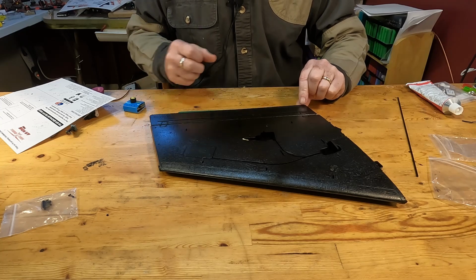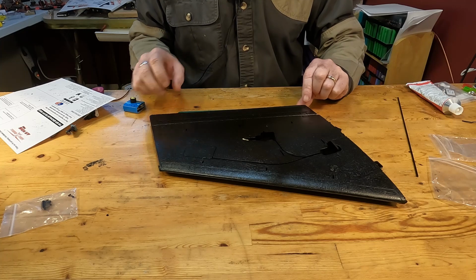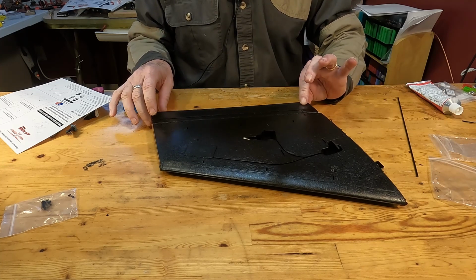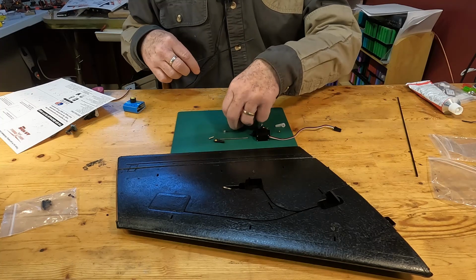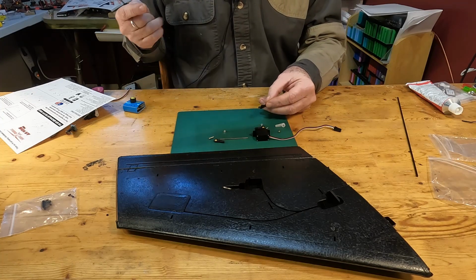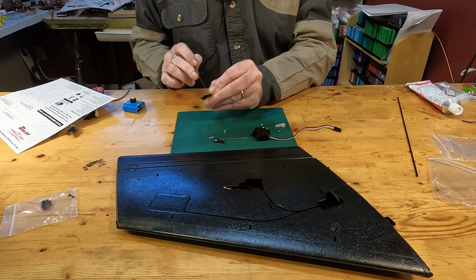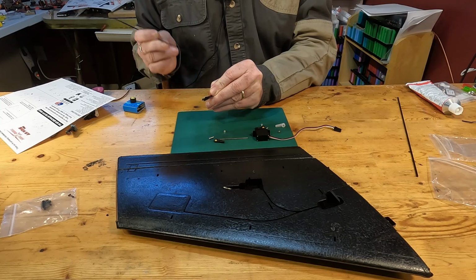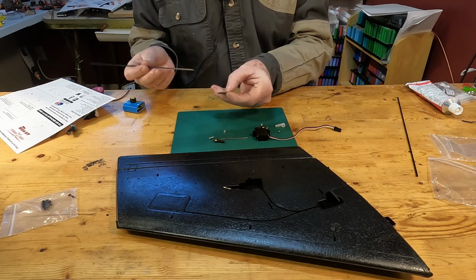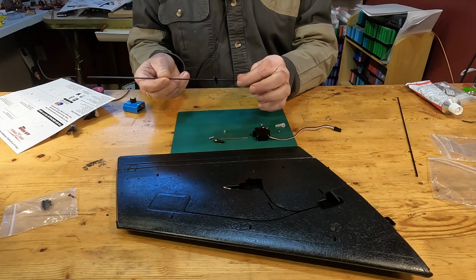Now that isn't necessarily very clear and obvious from those instructions, and something that's equally not shown in those instructions is the fact, and I hope this is going to be visible, that in this control horn here there is a hole, and that hole is intended for the carbon fiber spar to go through, like this,